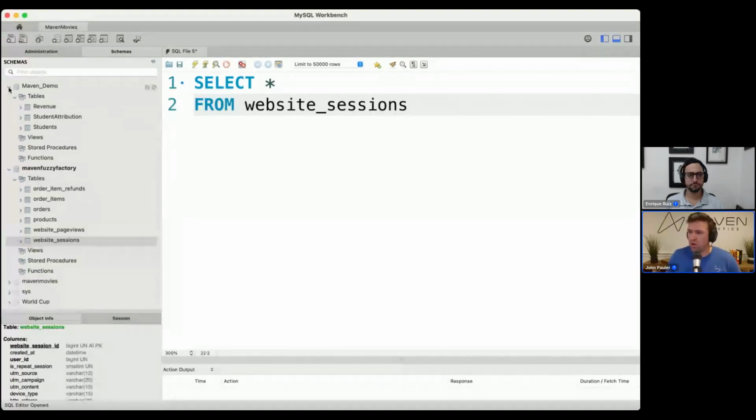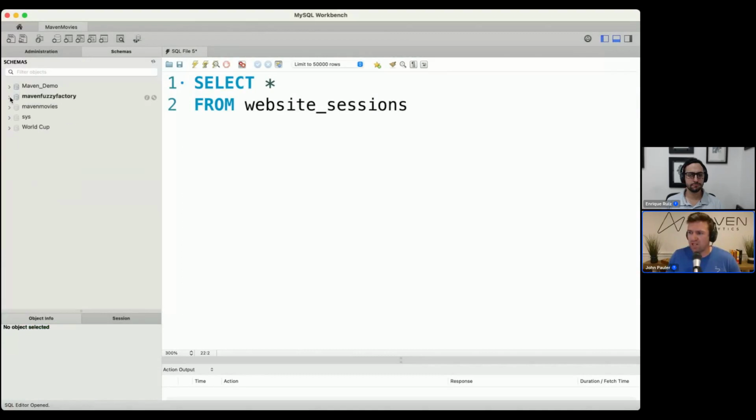But let me just walk you through MySQL Workbench. Again, this is the editor that I'd recommend to anybody who's thinking, hey, I want to get started. Go to mysql.com and look for the downloads. The other piece, if you want somebody to walk you through how to do that download: in any of our MySQL courses, there's a section near the beginning that walks you through how to do that download.